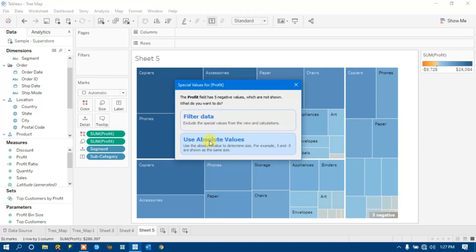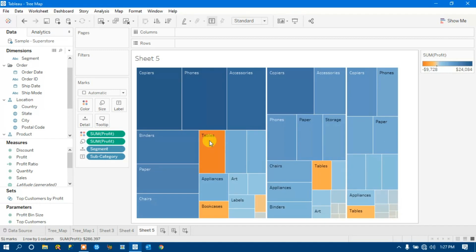Let me go with use absolute value, right? So what I am getting is the darker color has more profit, the gold or orange color has negative profit, right? So now our visualization has changed.